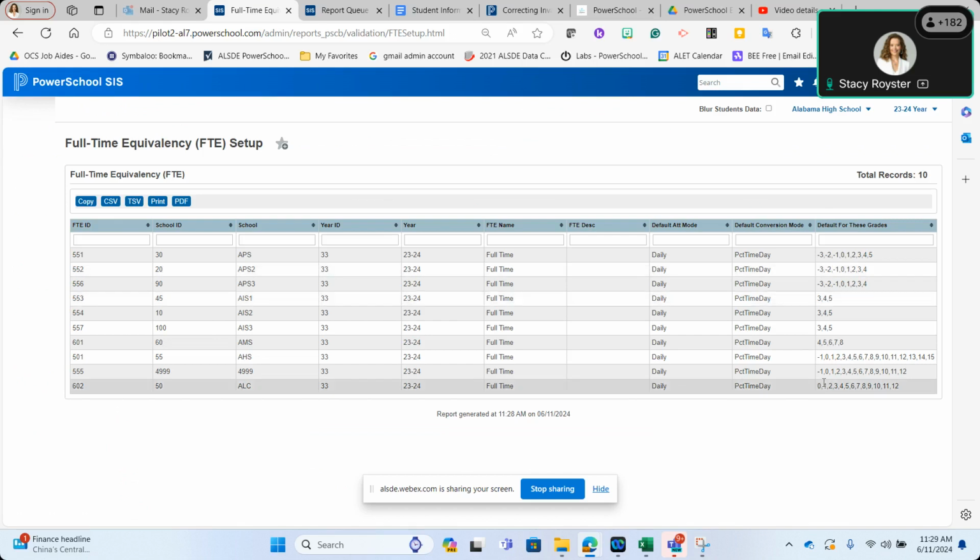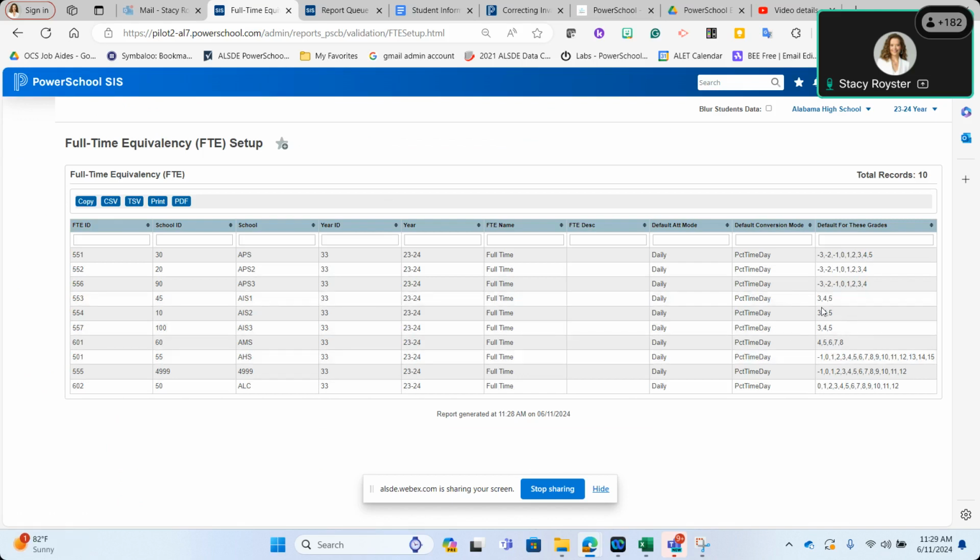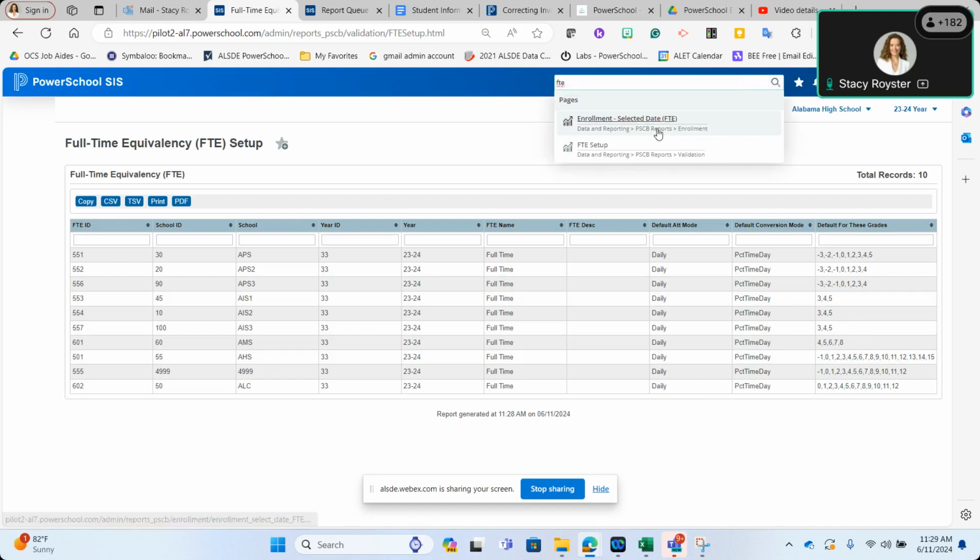Look at the grade levels right here. If you have a school, so let's say that this AIS2 school was actually grades 3, 4, 5, and 6. If 6th grade is not part of that setup, then when you enroll, none of those kids get an FTE value, which is going to contribute to all kinds of attendance issues. So you want to make sure that in your FTE page,